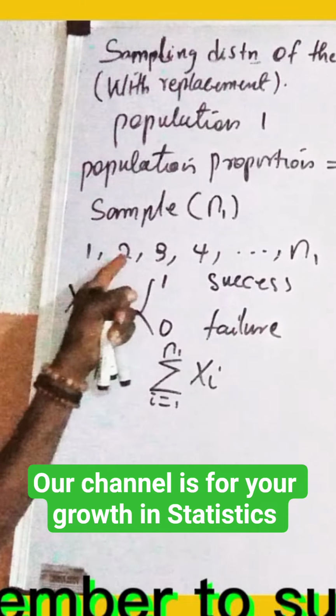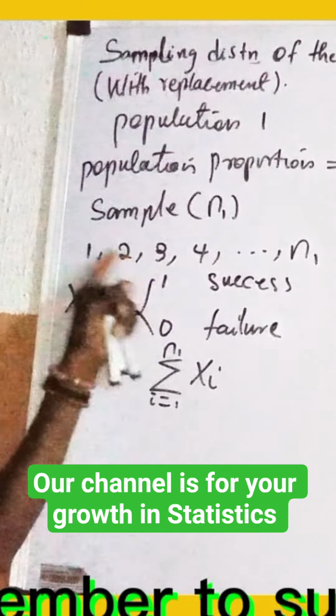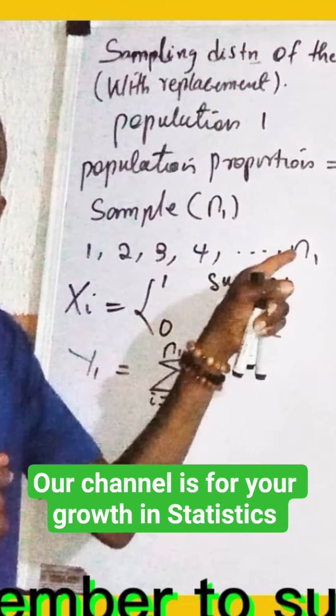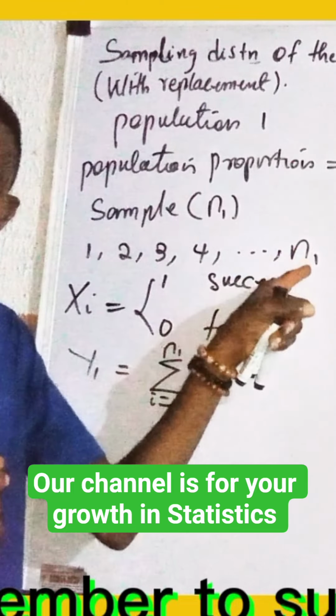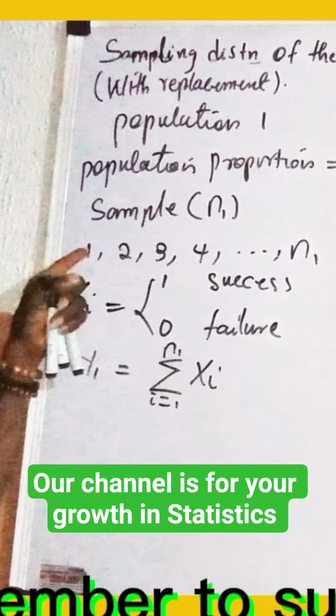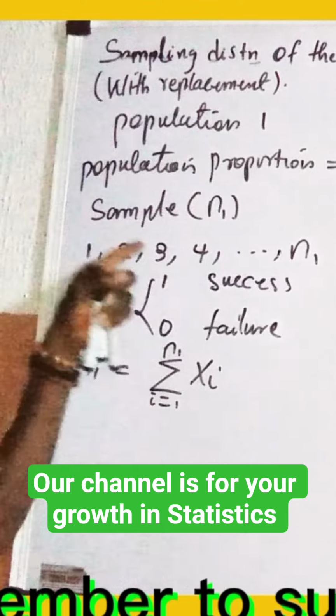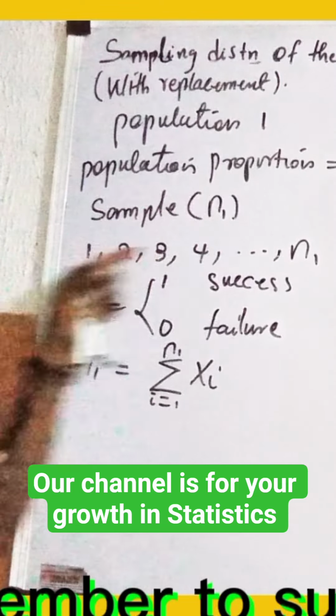It will assign 1 or 0 to this element, and it continues till the end to this n subscript 1 item. Therefore, if it assigns 1 here and assigns 0 here, for instance, and assigns 1 here, summing all of them,